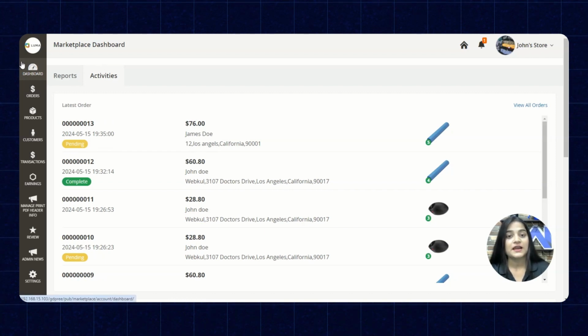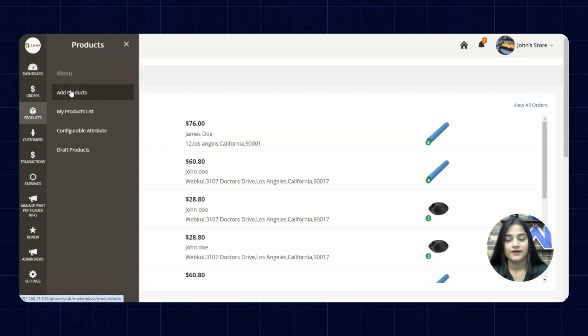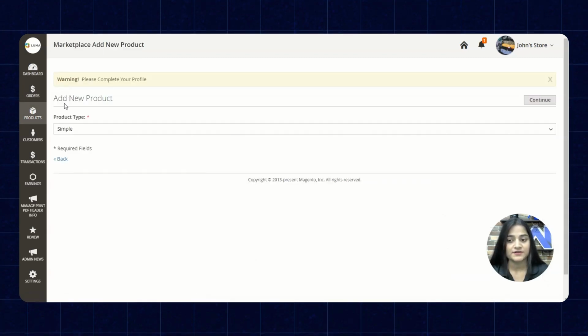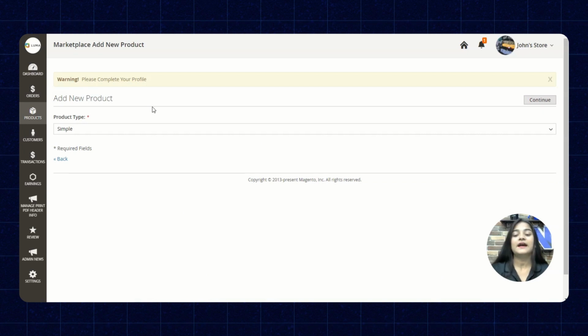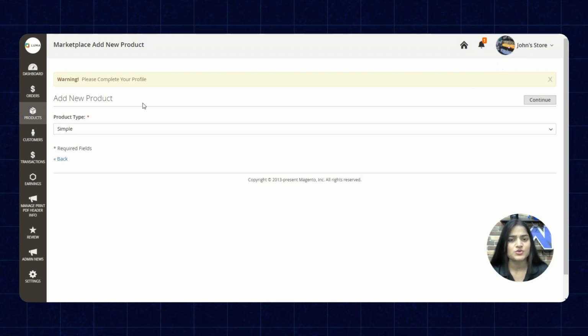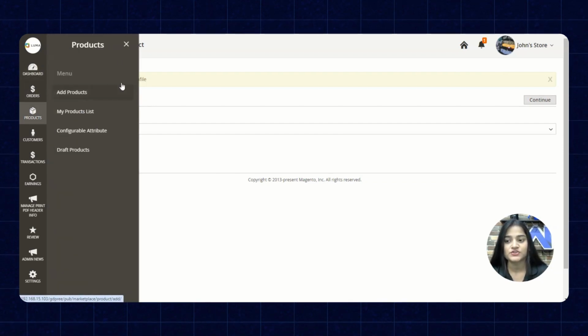So next we'll check how we can add a product. On the left hand side, there is the option of product. Just click on that and click on add products. There, adding the details for your new product, you will be able to create a new product from there. And in case you haven't published your new product, it is going to be saved in the draft products. This is a new feature basically, and you can check it here in the draft products.